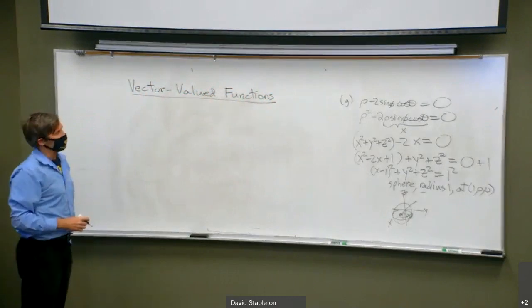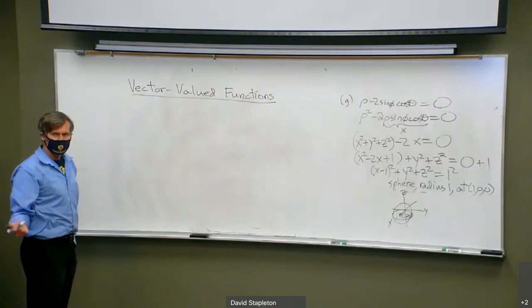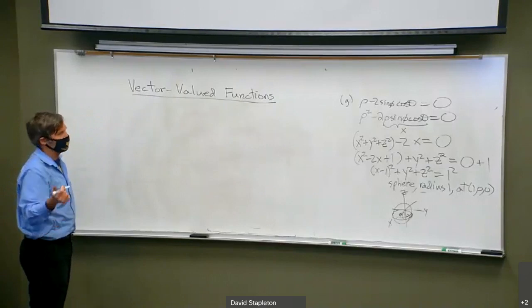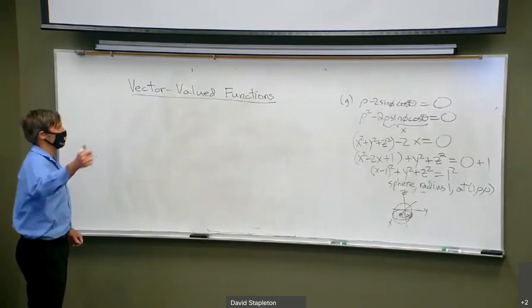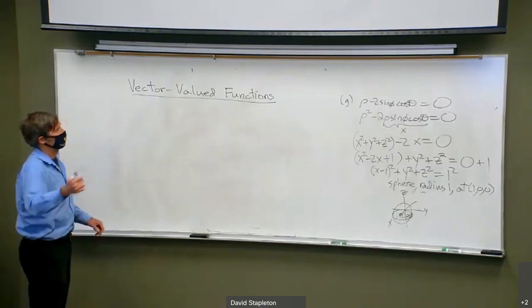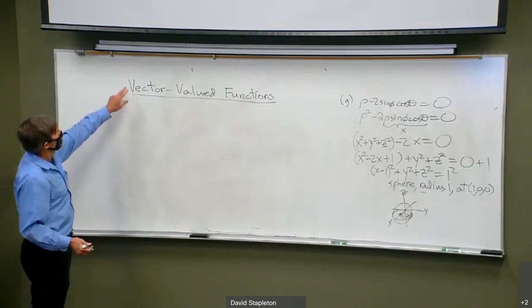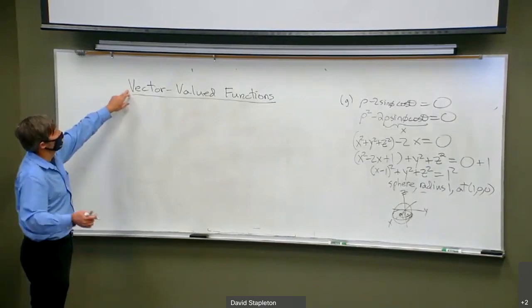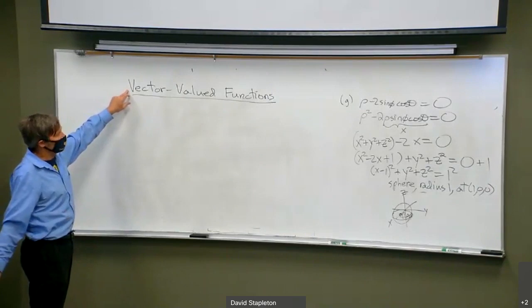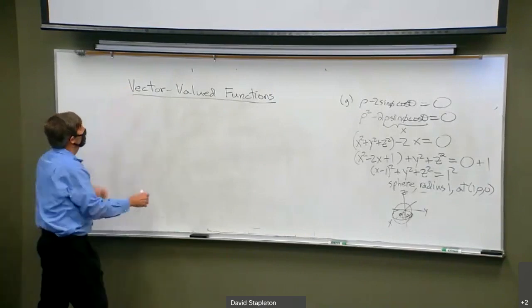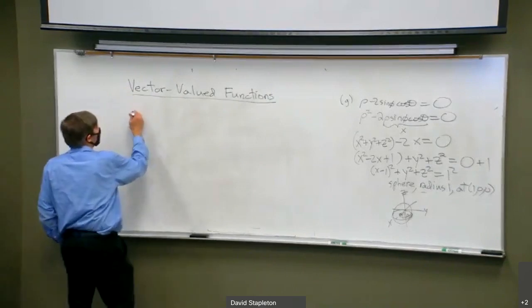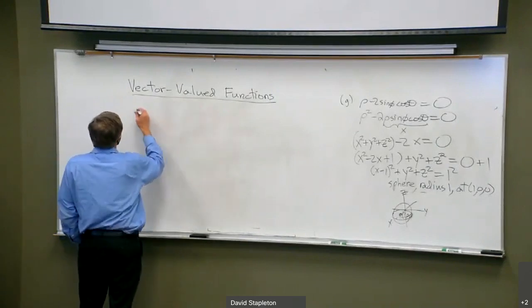What is a vector valued function? Well, what is a function? Remember, a function in calculus 1 is a rule, if each input assigns exactly one output. So you put in an x and get out a y. Here, if it's a vector valued function, you put in an element of a set and get out a vector. So for us, we're going to put in numbers, and we say